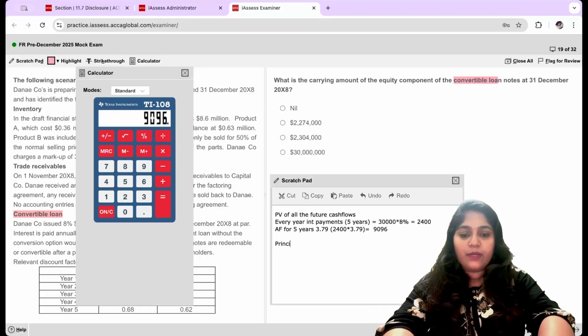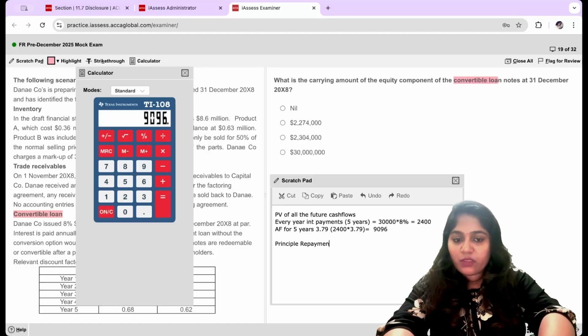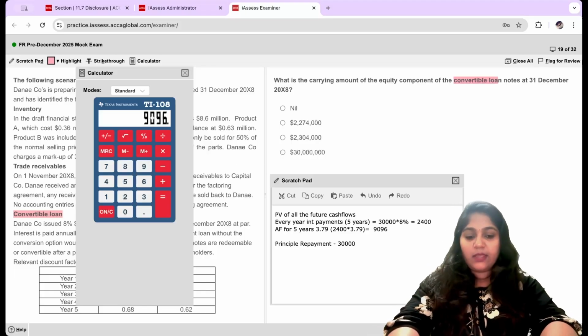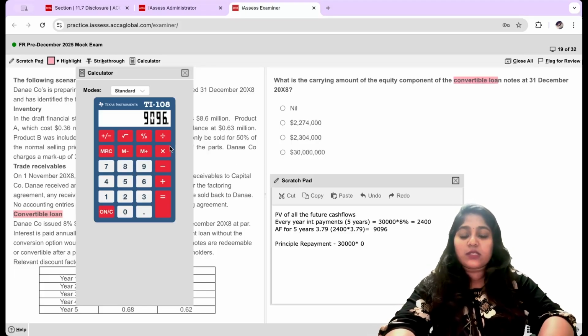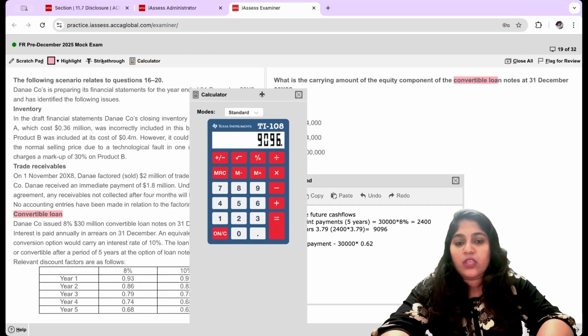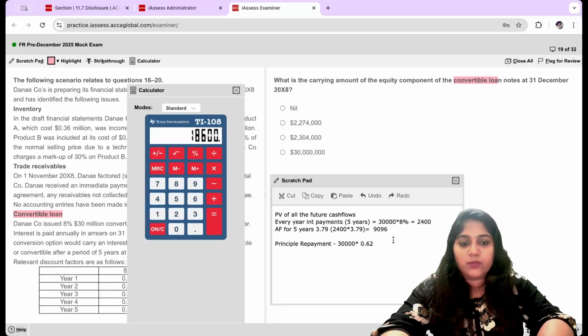Principal repayment. Now this principal repayment is not going to happen every single year. It is going to happen at the end of the 5th year. So in the 5th year, I will have to make a payment of 30 million. That multiplied with what is the discounting factor for the 5th year alone? It is 0.62. So I'll take 30 million multiplied with 0.62, which should give me a value of approximately